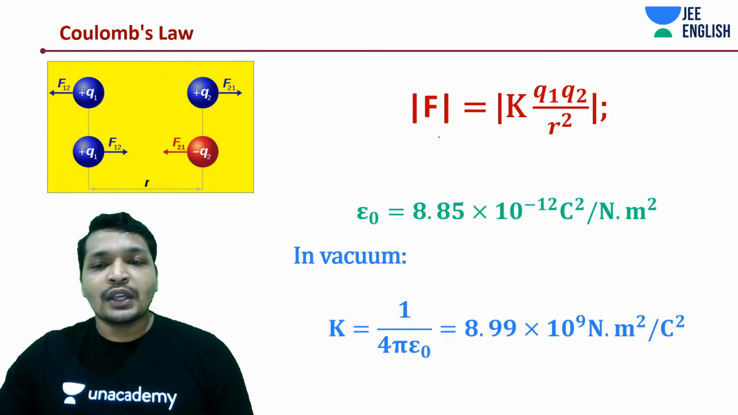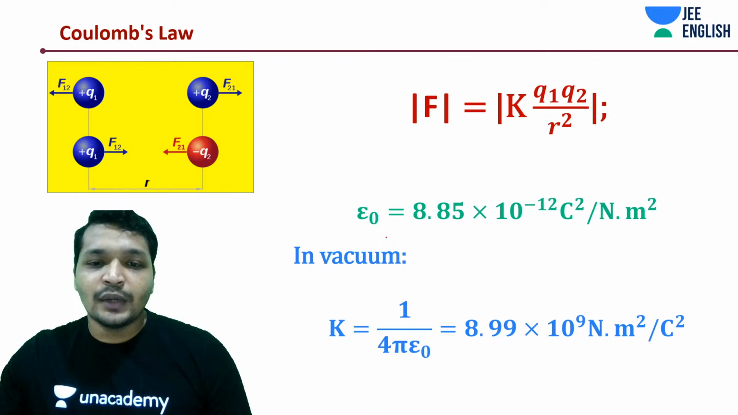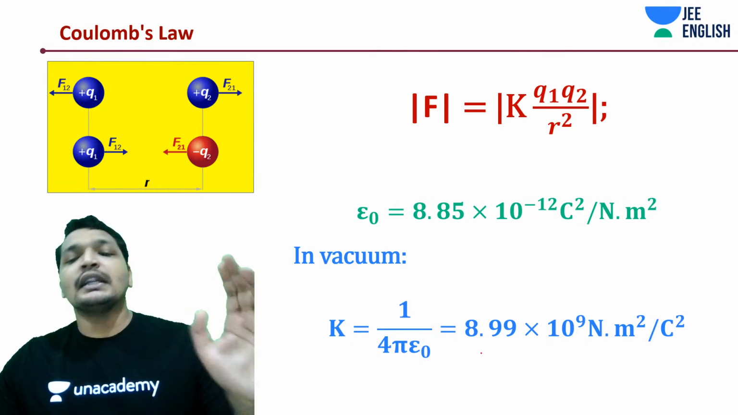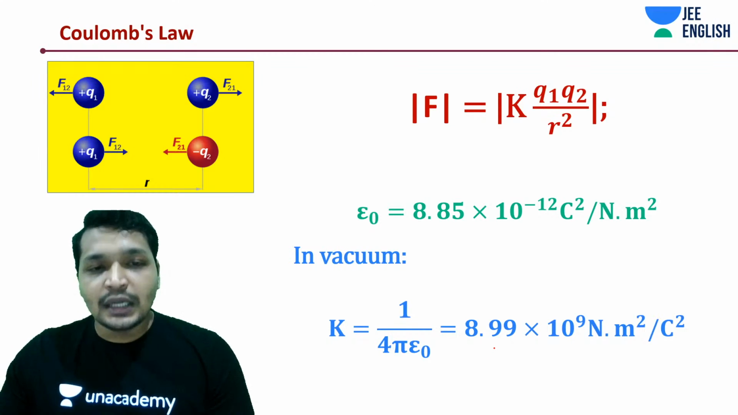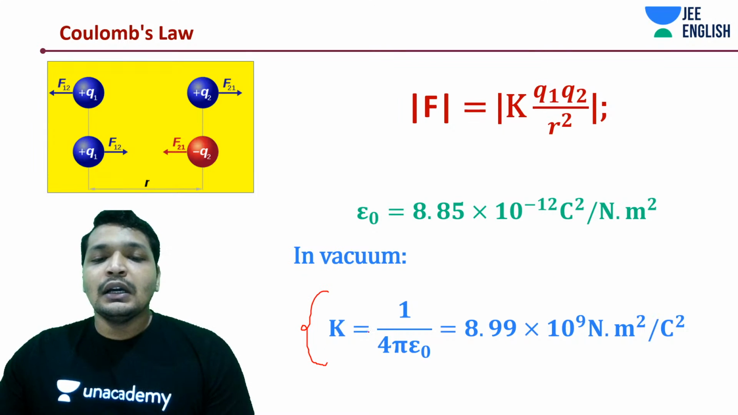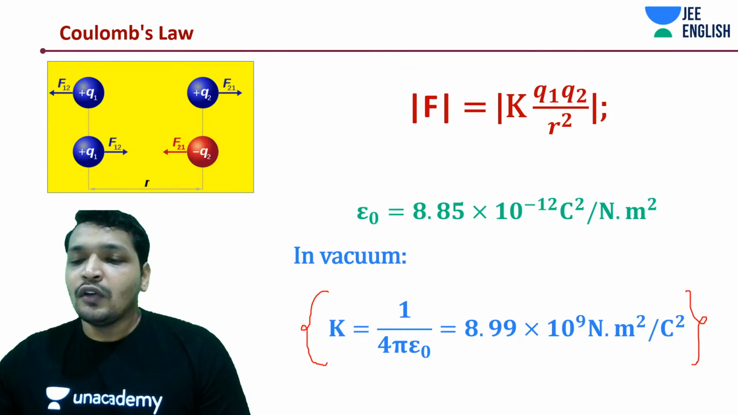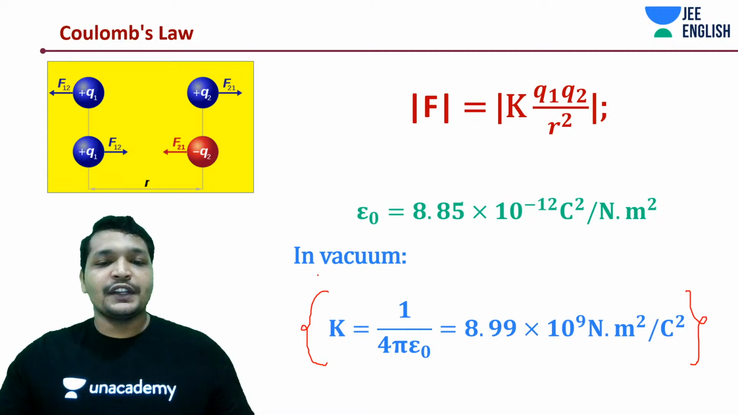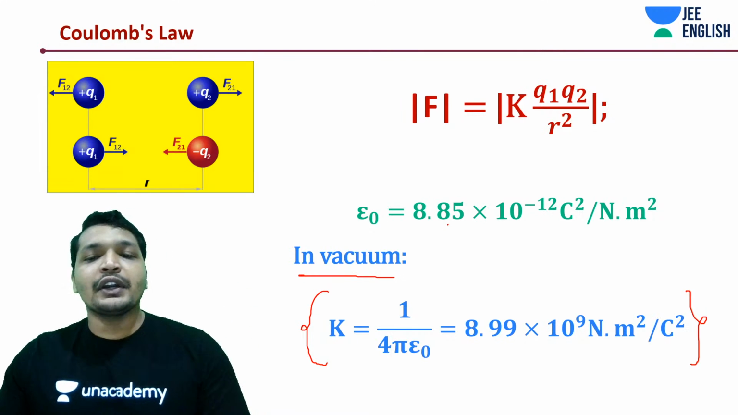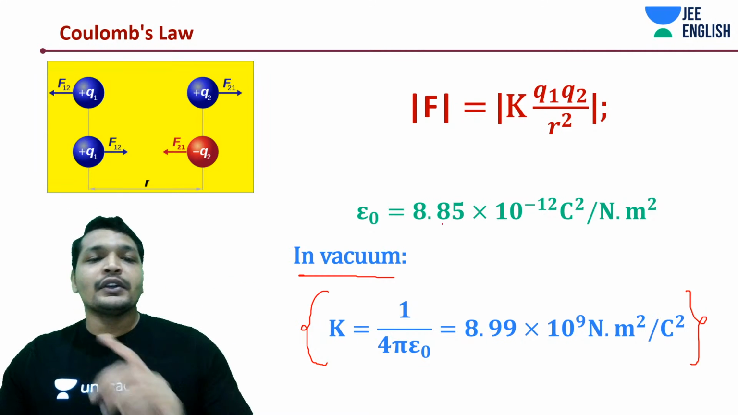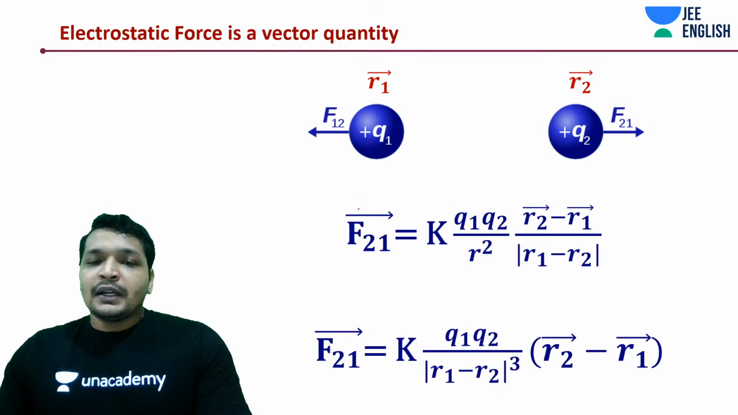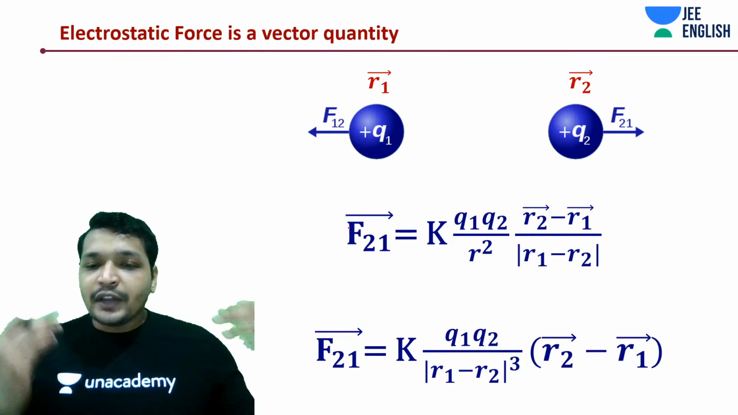And F is equal to K into Q1 Q2 divided by R square, where K is 9 into 10 to the power 9, or 8.99 into 10 to the power 9 Newton meter square per Coulomb square, which is the Coulomb's constant for vacuum or free space. And the value of epsilon naught is going to be 8.85 into 10 to the power minus 12 coulombs per Newton meter square. So that being said, you also remember it is a force, it's a vector quantity,